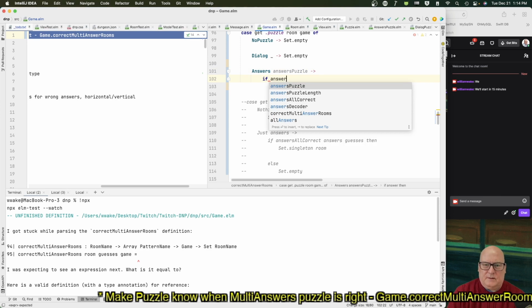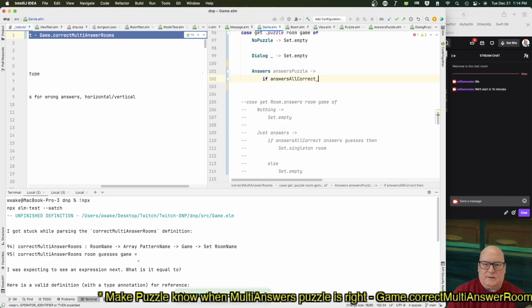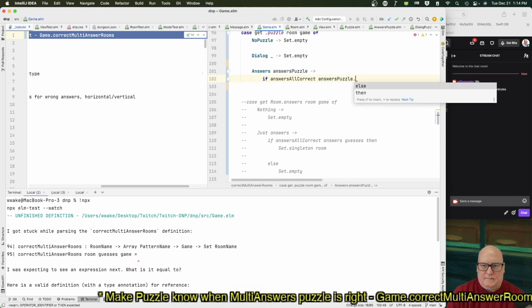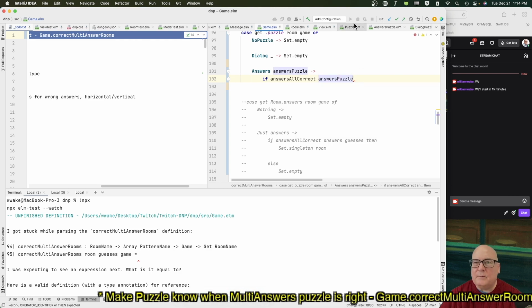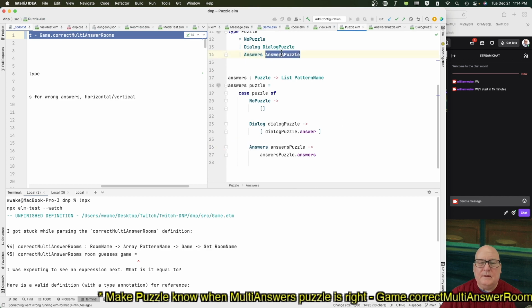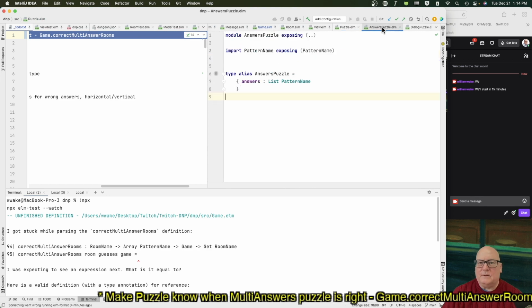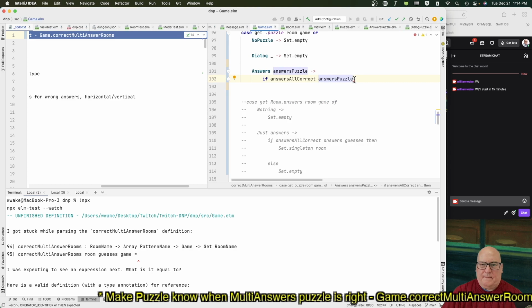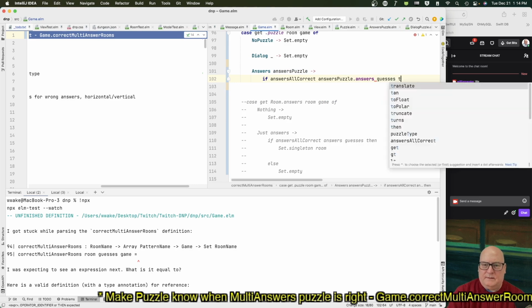Let's just take this code. Answers all correct. Answers puzzle dot... What do we get for puzzle? Answers is an answers puzzle. I thought it would be dot answers. And guesses, then